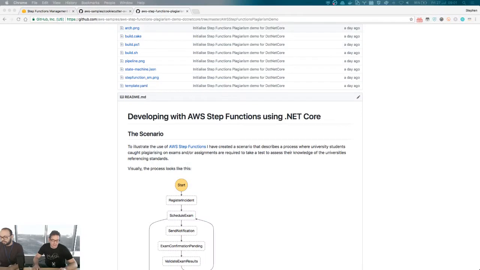Like you said, we're in sunny Melbourne, and today we're going to be looking at developing a .NET application using Step Functions and .NET Core. And that's already open source, right? It's absolutely open source. So let me just quickly show you where you can actually find the end product